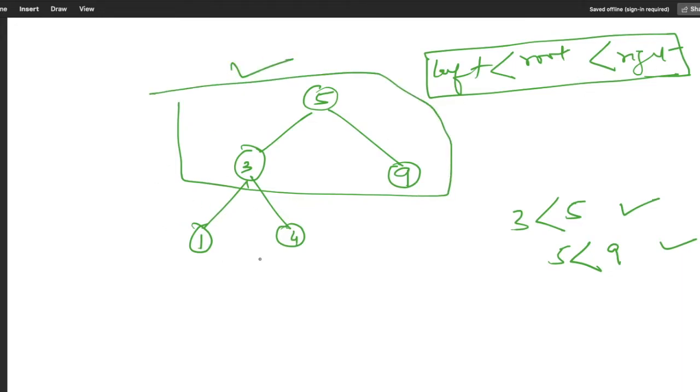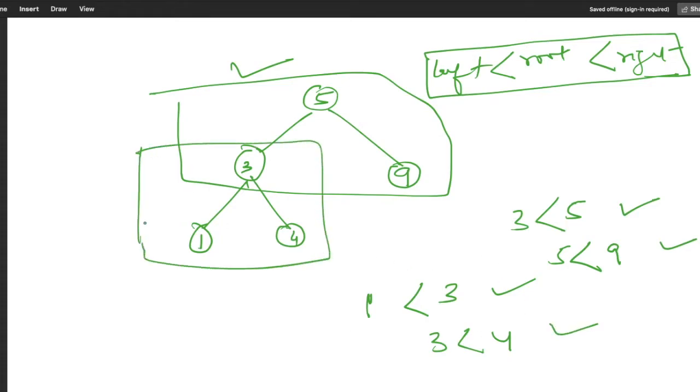Now let us move to this node 3. 3 is greater than the left part, yes, correct, and again 3 is less than the right part, which is 4. Yes, this is also satisfying the condition. So both the first tree and the second one, which is the subtree, are satisfying this condition. So this is a BST.